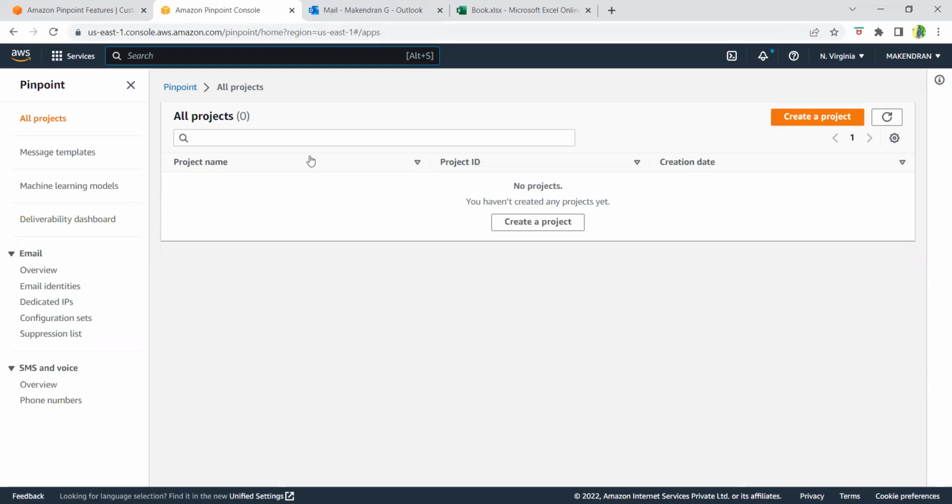Once you are here, it will show the project window. A project will be there, and inside the project we will have the segment, campaign, journey, and so on. For example, if you are going to conduct any hackathon or any event, you can create a project, and inside that you can configure the email notification and those things. That way, if a particular event is closed, you can easily delete that particular project and do the cleanup also. So for now, I'm just going to create a new project